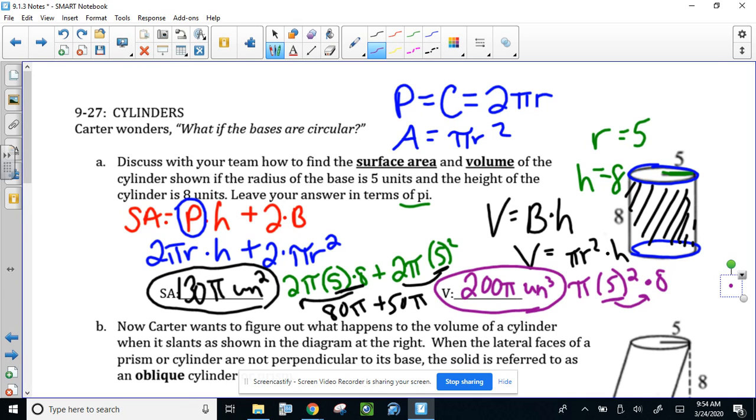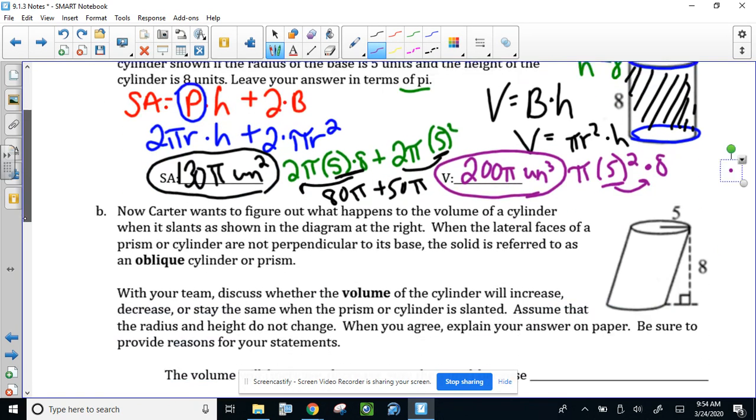So cylinders are actually pretty straightforward because the shapes never change in a cylinder. It's always circular. Whereas with prisms, you could have rectangles, you could have triangles, you could have hexagons. So prisms are a little more difficult. Cylinders are a nice straightforward formula. So then the last thing we have here is